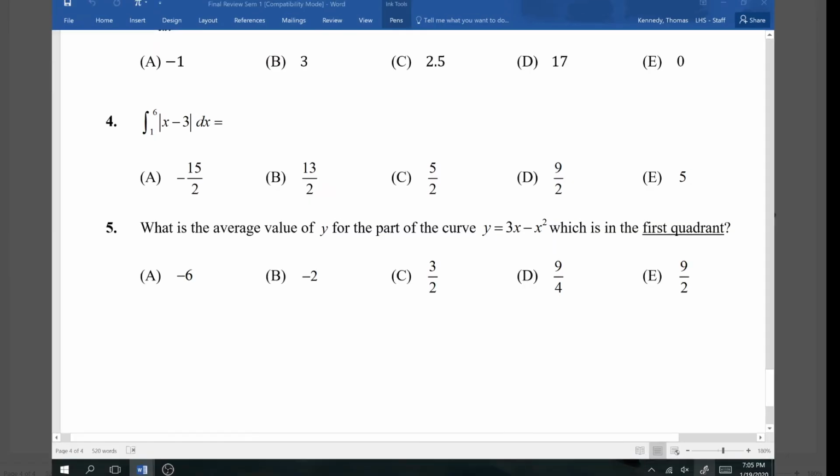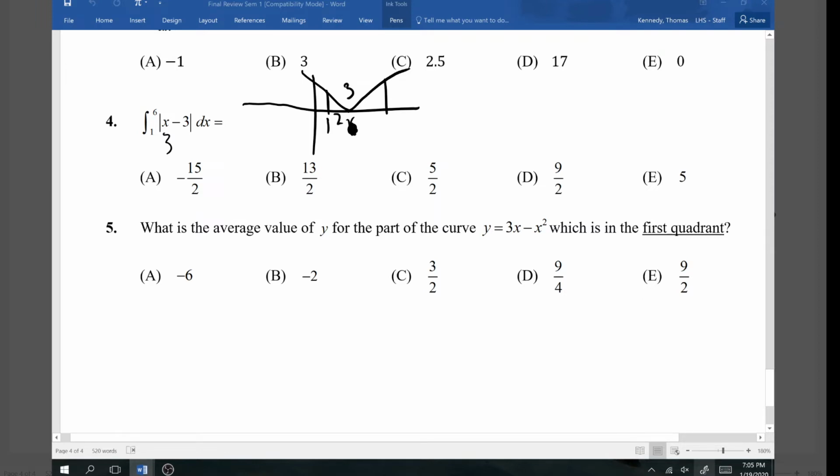Okay, as far as question 4 goes, the easiest way to do question 4 is to graph it. So I guess 4 and 5 have something in common. Because if you know what x minus 3 looks like, you know it bounces off the axis at 3, because if you plug 3 in, you get 0 in here. We're integrating from -1 to 6, which means that's where we're integrating. From 1 to 3, rather,